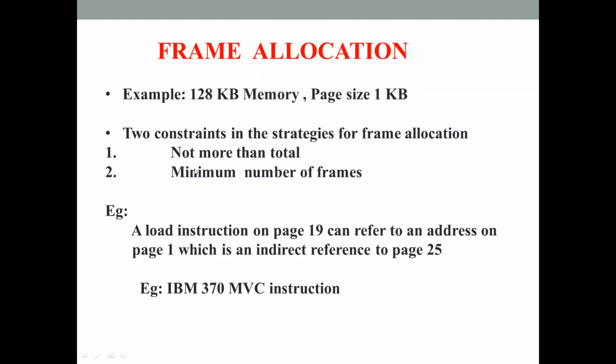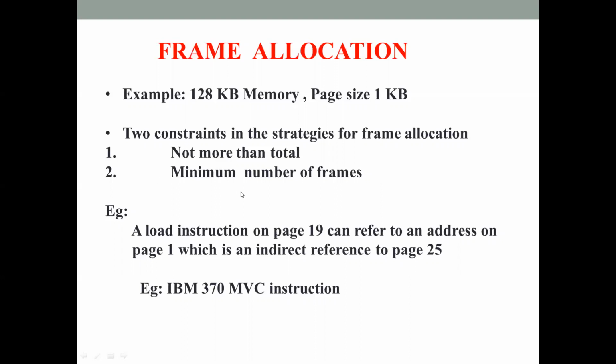When a process starts execution, it will generate a sequence of page faults. For 93 frames, we will get 93 page faults, and the first 93 page faults will get all the free frames from the free frame list. When all the free frames are exhausted, let's say you have a 94th page reference that refers to a page on the disk, and we need to load the page from the disk into the memory. But then we don't have a free frame available. This is where a page replacement algorithm comes into the picture.